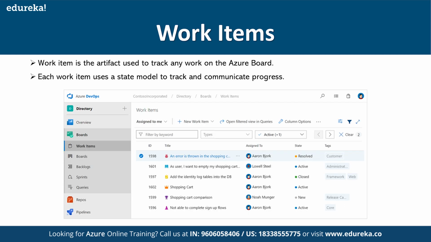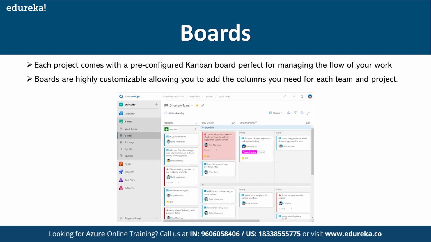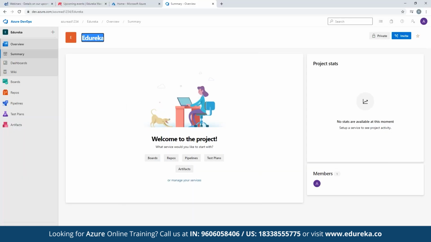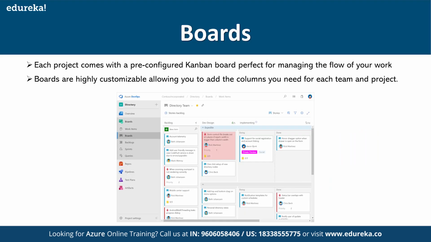Work items are the artifact used to track any work on the Azure board. Each work item uses a state model to track and communicate the progress. And each project, for example, I have a project here which I named Edureka, comes with a pre-configured Kanban board for managing the flow of work. The boards are also highly customizable, right?